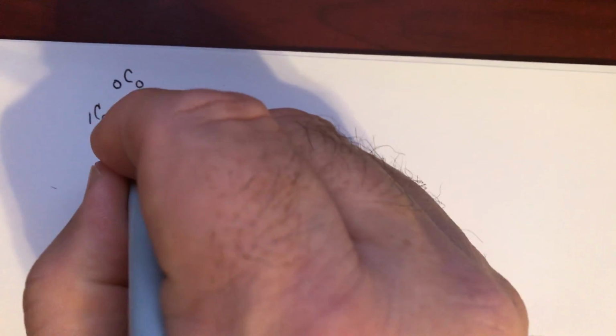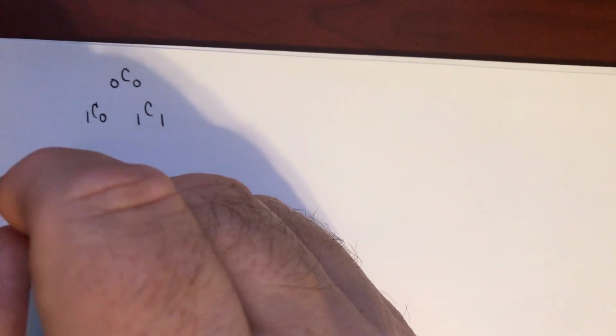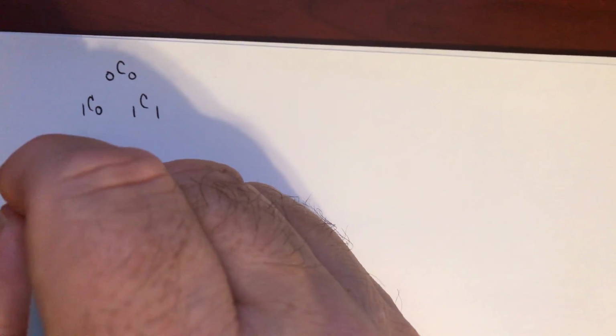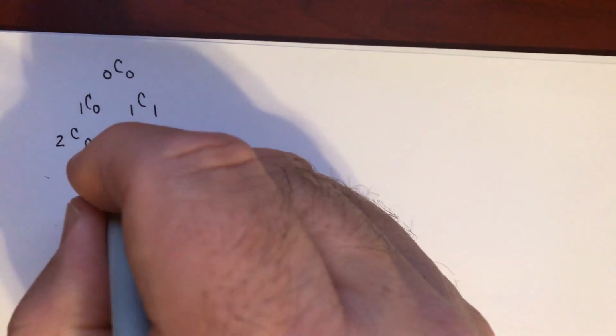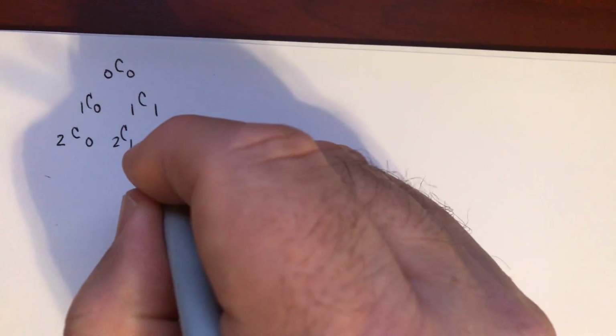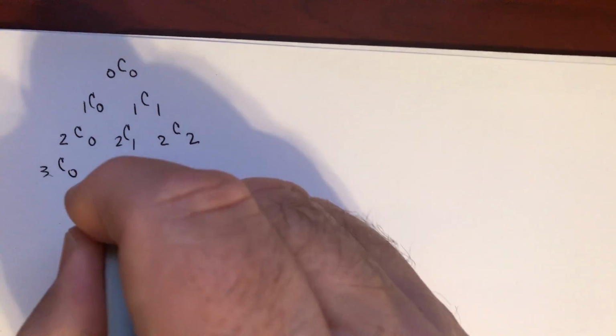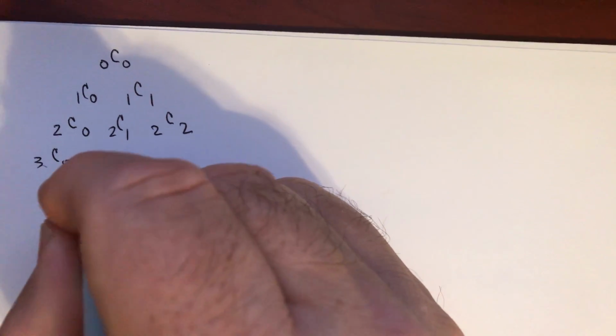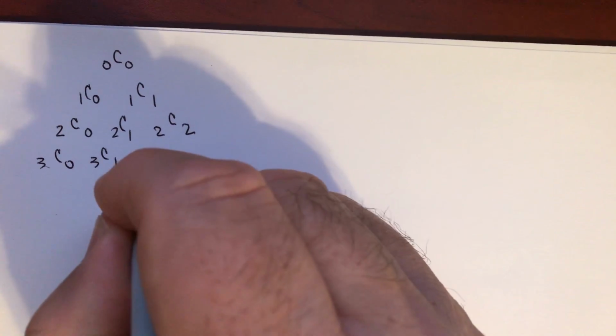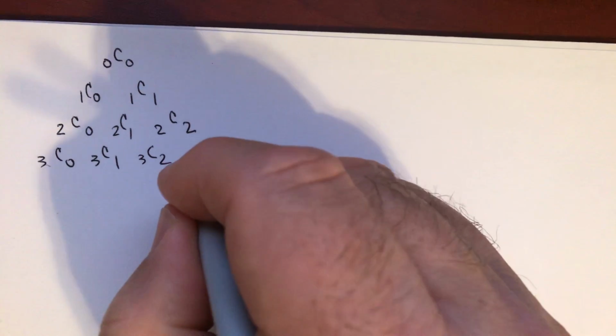Row 1 of Pascal's triangle is 1C0 and 1C1. Row 2 of Pascal's triangle is 2C0, 2C1, 2C2. Row 3 is 3C0, 3C1, 3C2, and 3C3. So this is row 0,